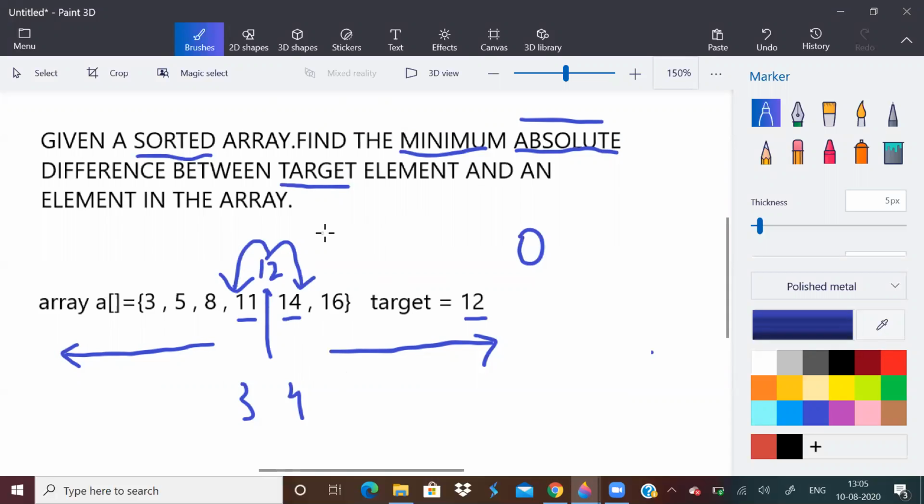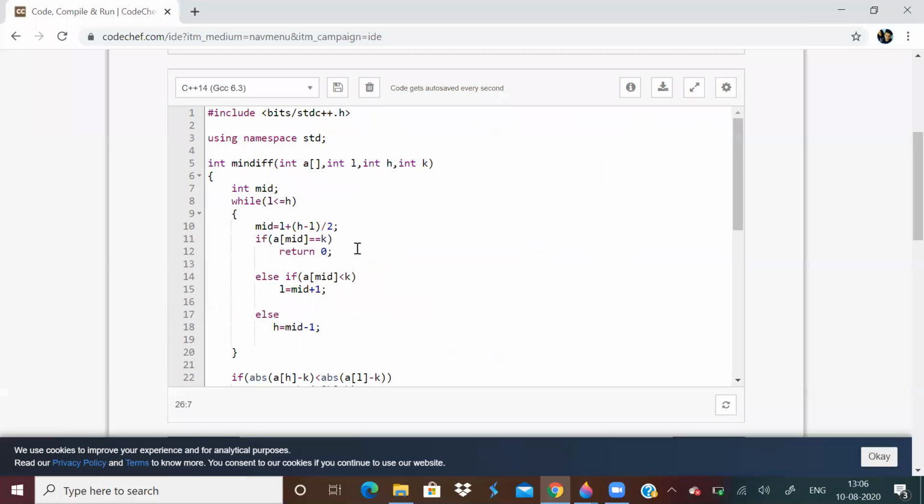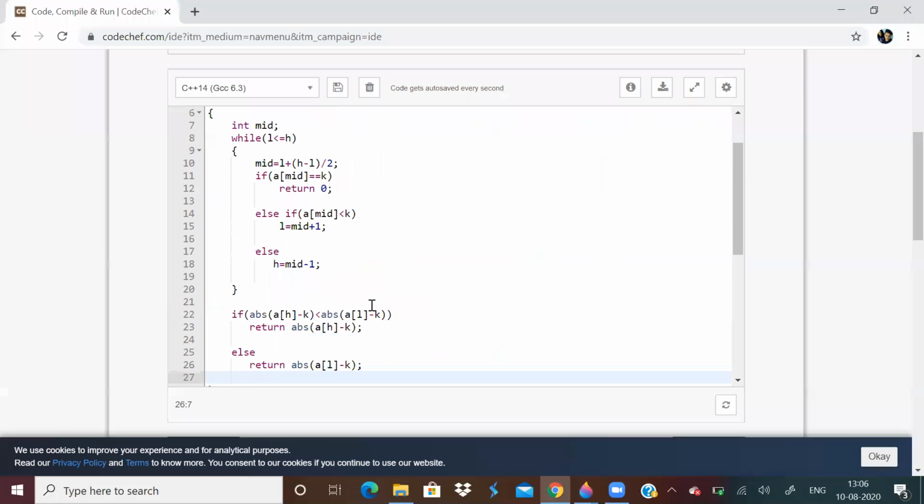If we keep going towards the right, the absolute difference will keep increasing. If we keep going left, again the absolute difference will be increasing. So our goal was to just find out if the target element is present, return 0. If it is not present, find the indices of the neighboring elements and return the minimum absolute difference. So that is what we have done here. The same binary search code, you have learned it.